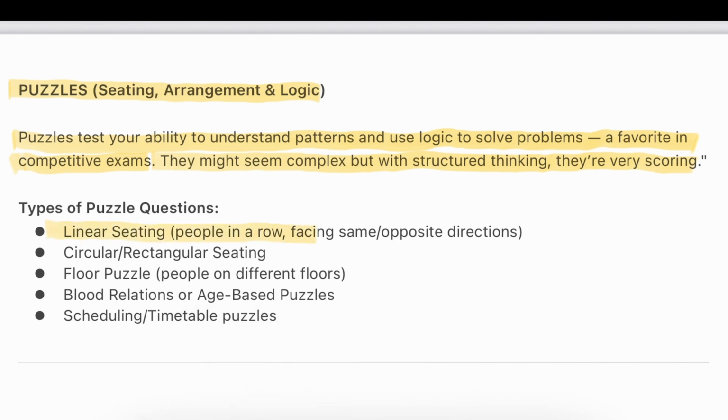There is linear seating, people in a row facing same or opposite direction. Circular, rectangular seating. Floor puzzle, people on different floors. Blood relation or age related puzzles. Scheduling or timetable puzzle. So I will show you one of the methods